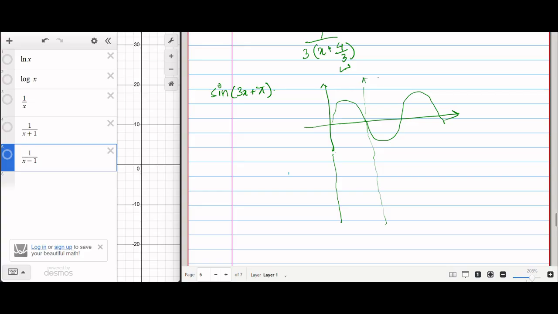If this is pi, this is 2 pi, right? So the curve will look like this. The frequency is tripled. It crosses the x axis 3 times between 0 and pi. Now if we want to shift by pi, this is sine x, this is sine 3x. Now if you want to plot sine 3x plus pi,